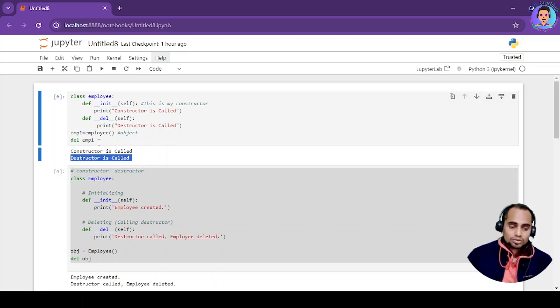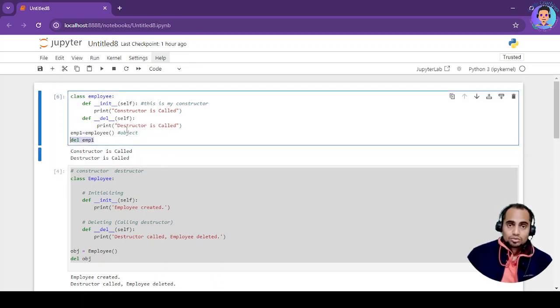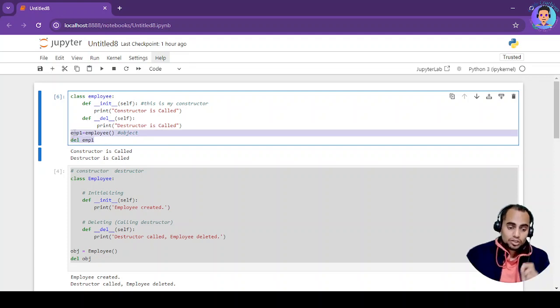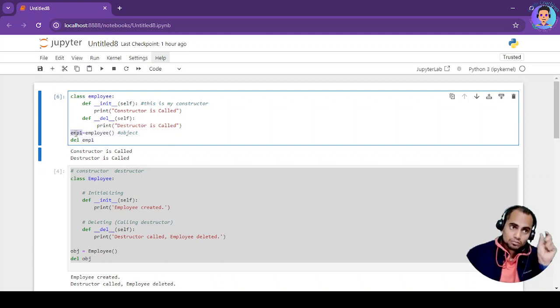That is how you are deleting it. So this is how you can create a constructor and delete using a destructor. You can call a destructor for garbage collection, so that the memory allocation for this emp1 object is cleared by the system automatically.